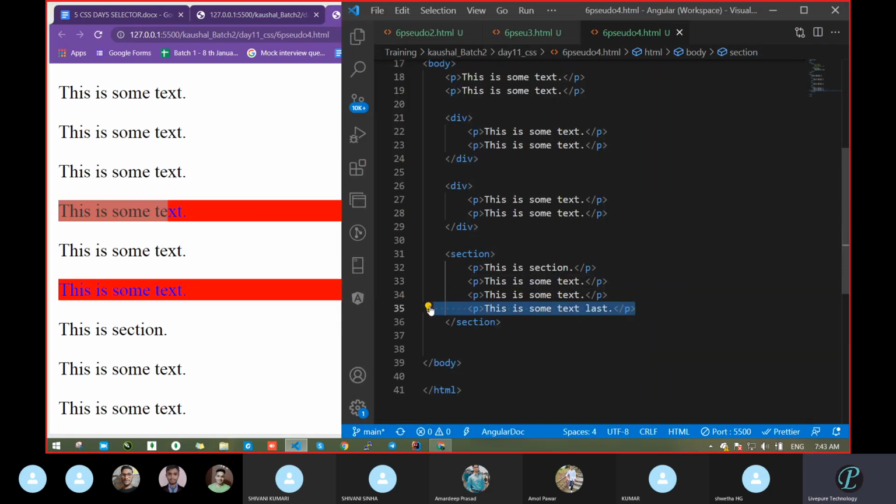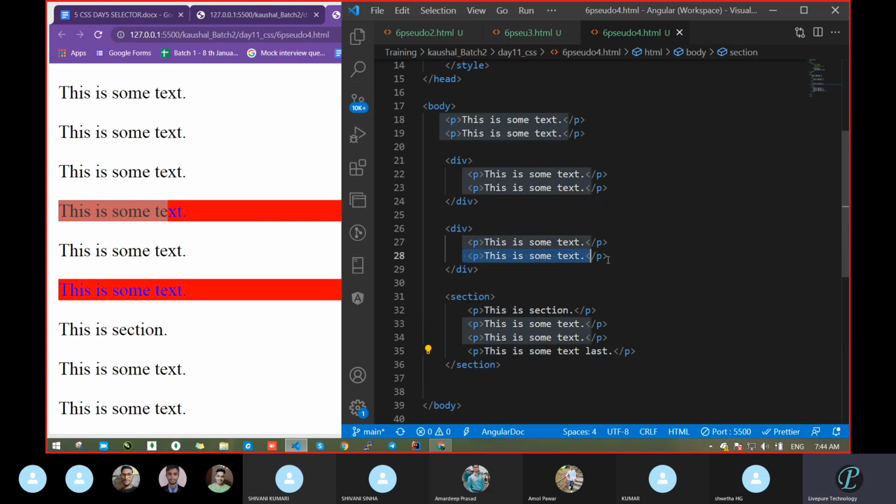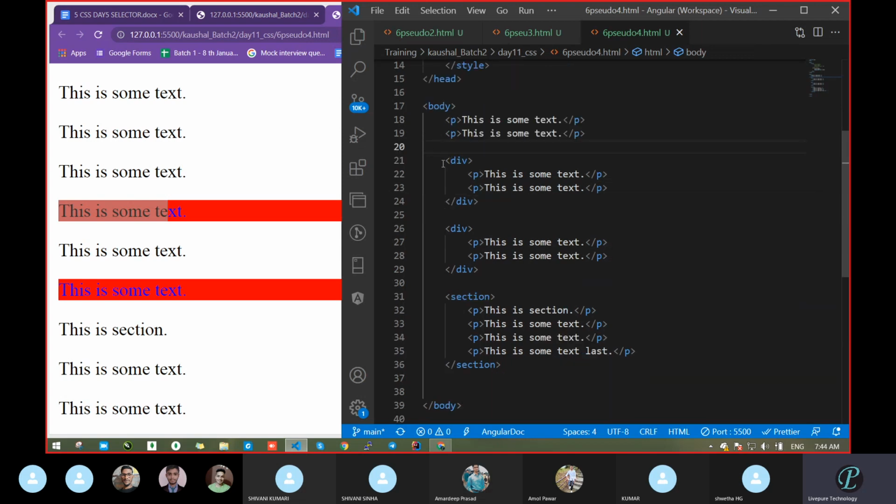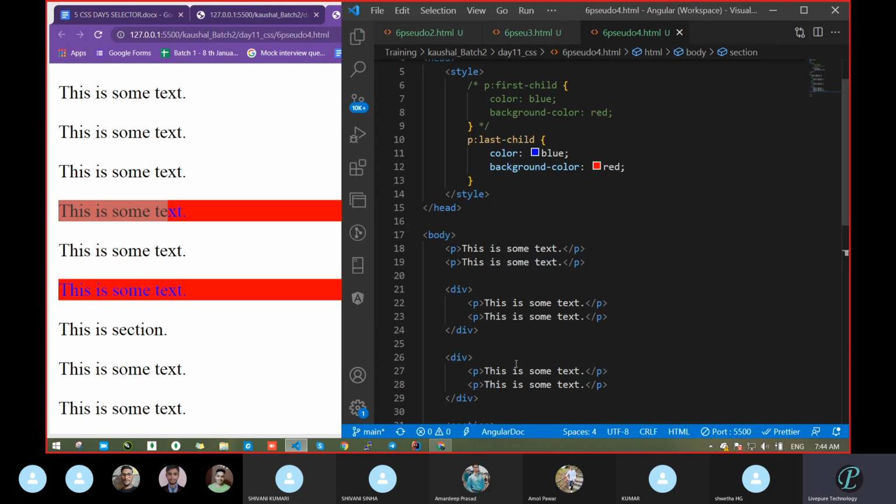This one is the first, means last, and this one, and that another is this one. But which is not coming? This one is not coming, these two, because in the case of last, it will ignore the body section. It will consider only whatever section you had passed. One div section is there, then one div section, then one section. Okay, clear? But in the case of first child, it will consider the body also.